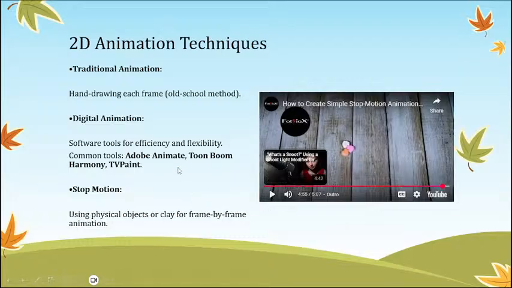Okay, so we had seen how you can create a stop motion animation by using a camera. So today we had discussed how you can do stop motion animation, and the previous day we had discussed how you can create a traditional animation by using a flipbook. Now remaining is digital animation, how you can create an animation by using software. So from next video on, we will discuss